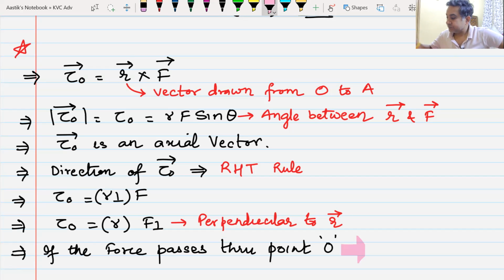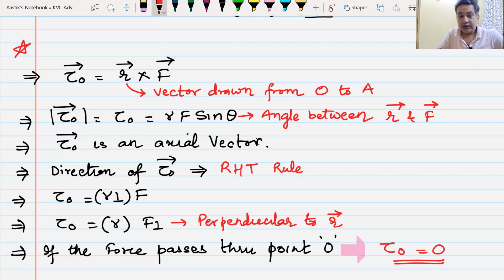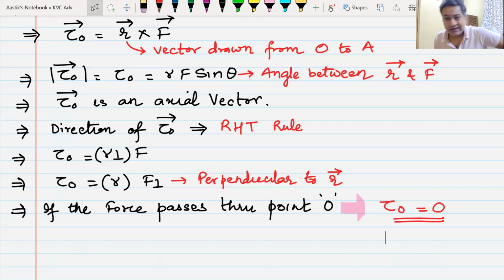Zero. The torque will be zero because the force arm or the lever arm will become zero. Now, remember, whenever we say torque of a force about a point, bodies do not rotate about points. A body rotates about an axis. So the torque of a force about this point O actually refers to an axis